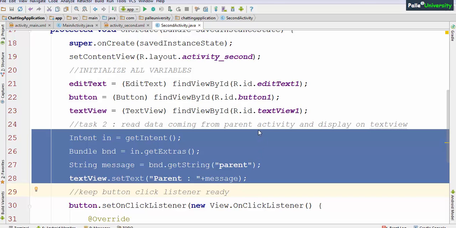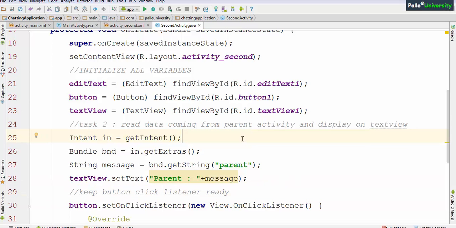Now, whenever you are given some huge task, split that task into multiple smaller tasks like this, and don't write code for all tasks in one shot. First you do task 1 and task 2, then execute the program and see whether the output is coming correctly or not.